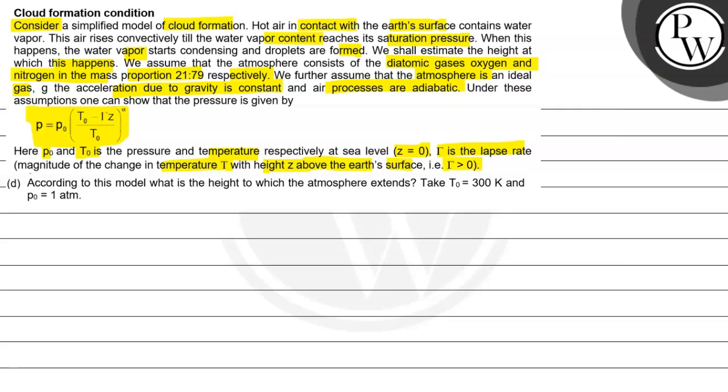So according to this model, what is the height to which the atmosphere extends? Take T naught to be 300 Kelvin and P naught to be 1 atm. Okay, so now here, the key concept which we are going to use